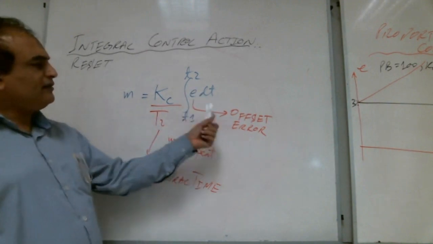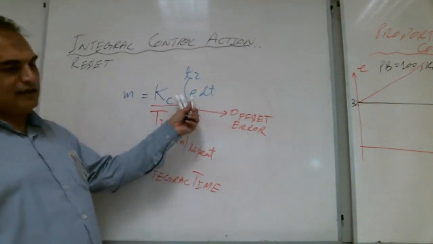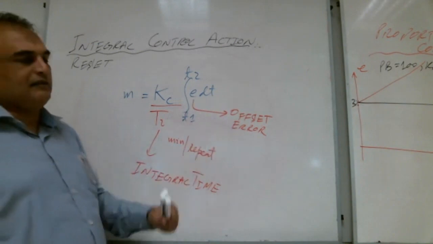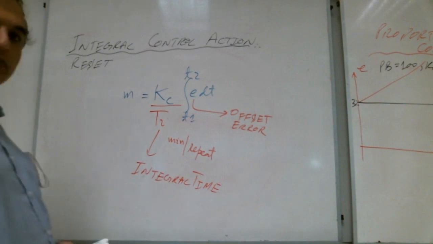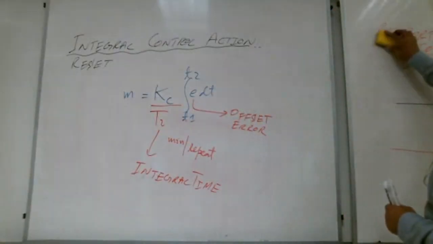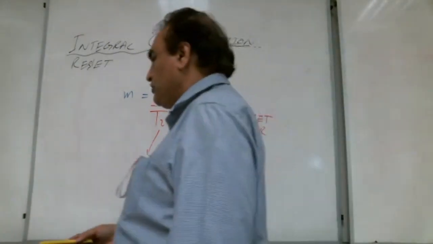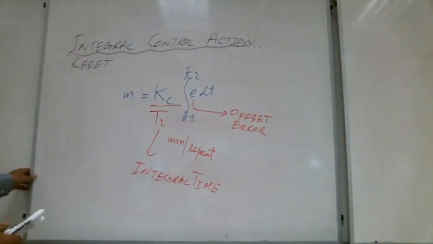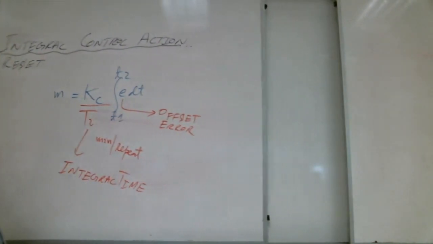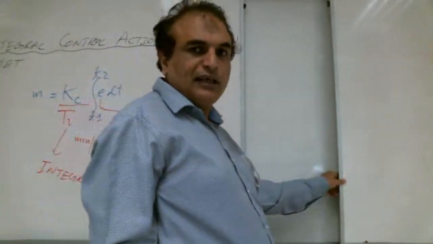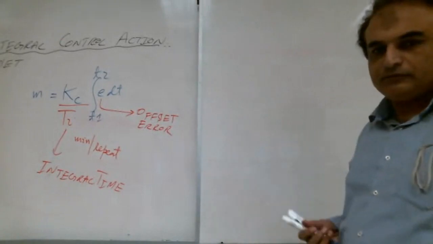So this is integral time, minutes per repeat. This is offset error, E. This is not just any error; it should be offset error, constant error. Any question up to here, Shabab? A lot of brothers are saying no. Okay, brother. Can we have just integral action? Can we start with the integral action, or do we need something before it? A lot of brothers are writing no. Very good. So what do we need before it?